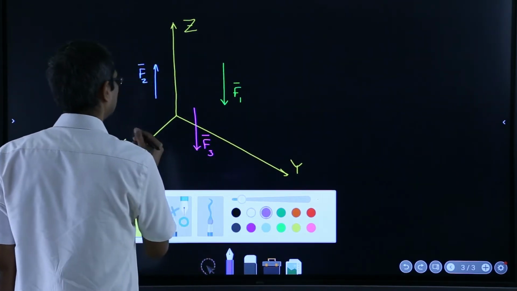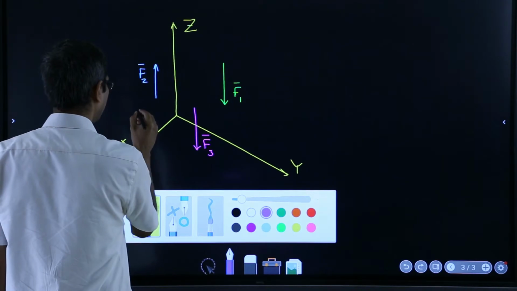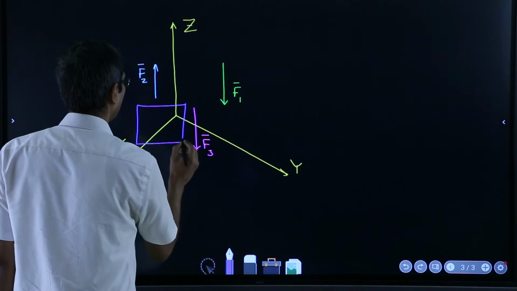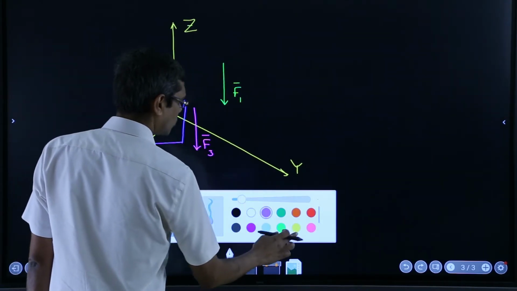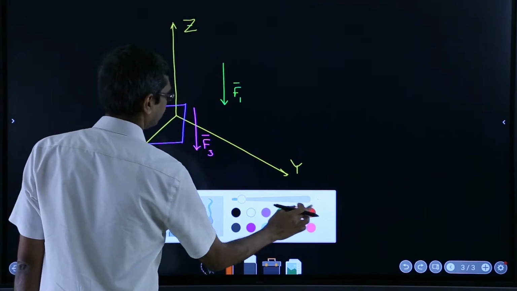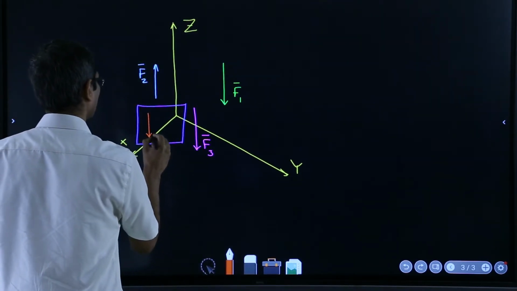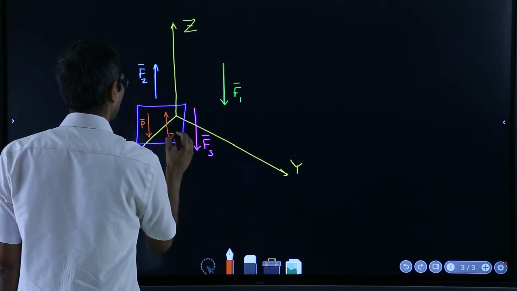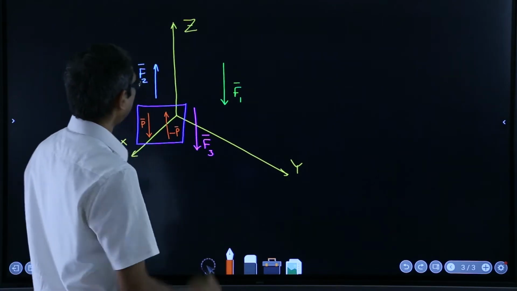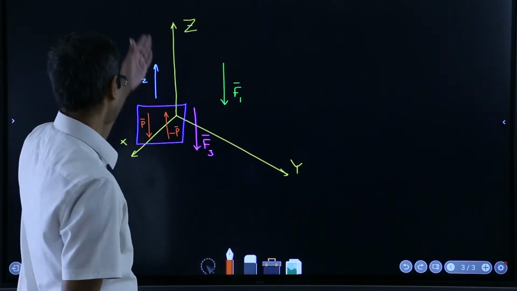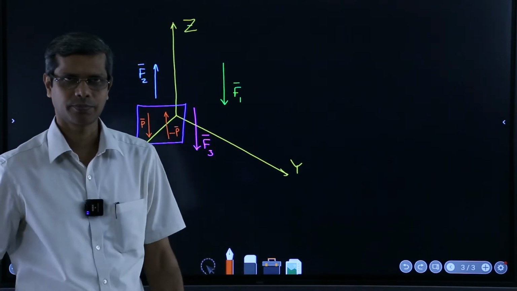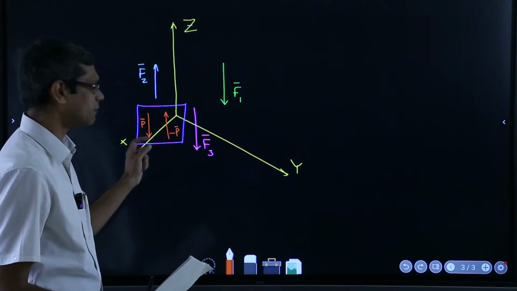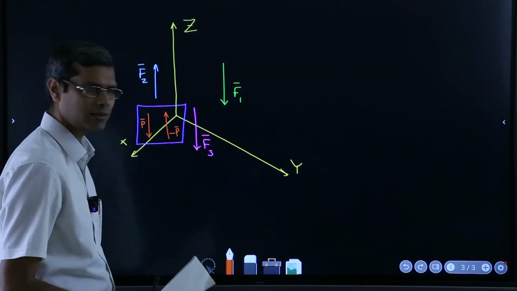Say this is a plane, and on that plane I will draw two vectors. Say this is one and this is one. This I call P, and this I call negative of P. See, both of these forces are again parallel to all the other forces. The only thing is that they are a couple, equal and opposite in their sense.